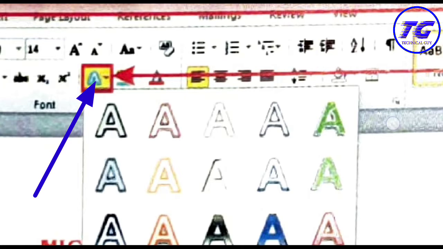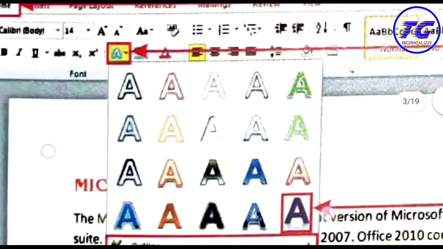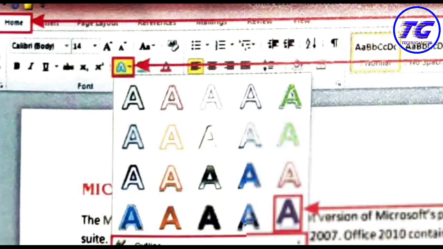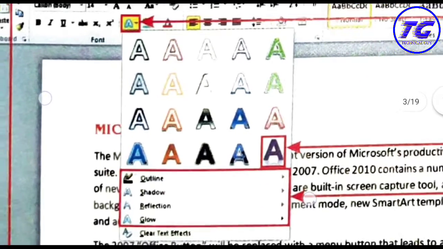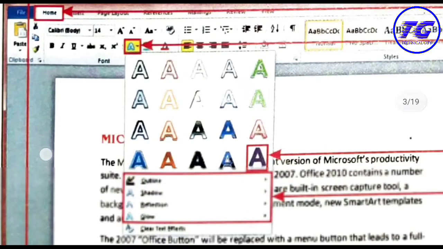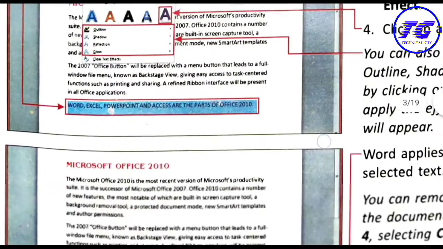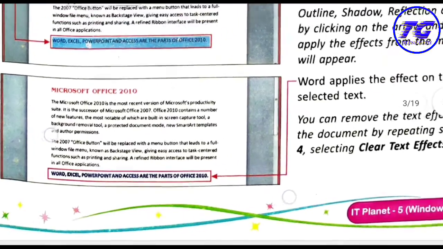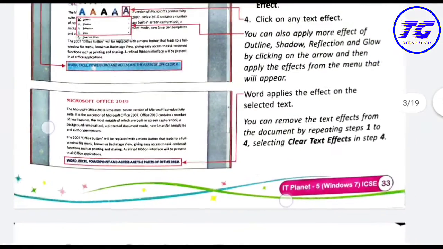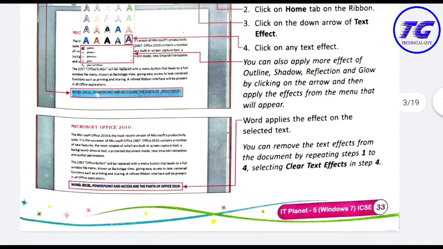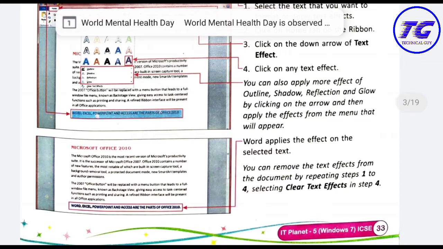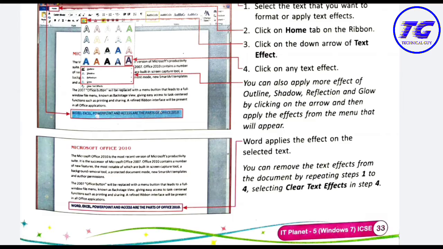Click on this button. It will show you different text effects with different outlines, colors and shadows. So you can click on any text effect and the effect will be applied on the text. If you do not like the effect that you have applied earlier, then you can clear the effect also.